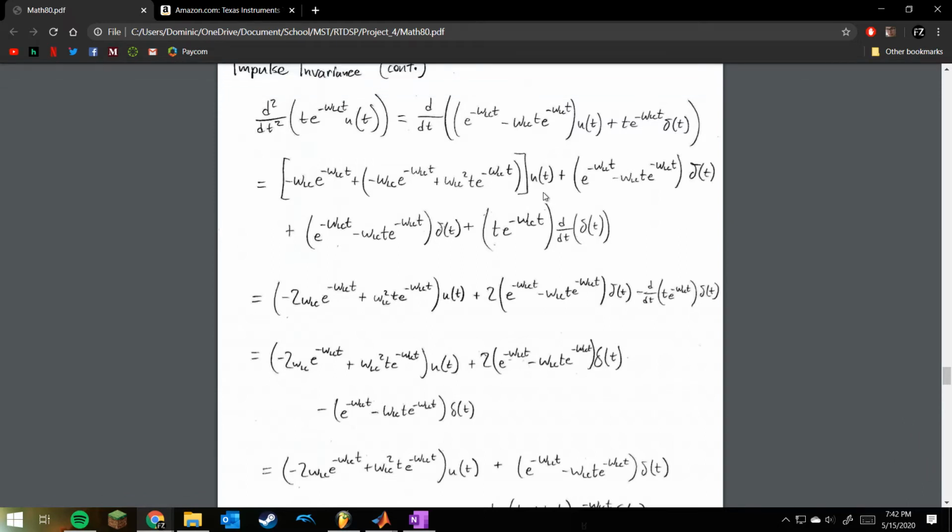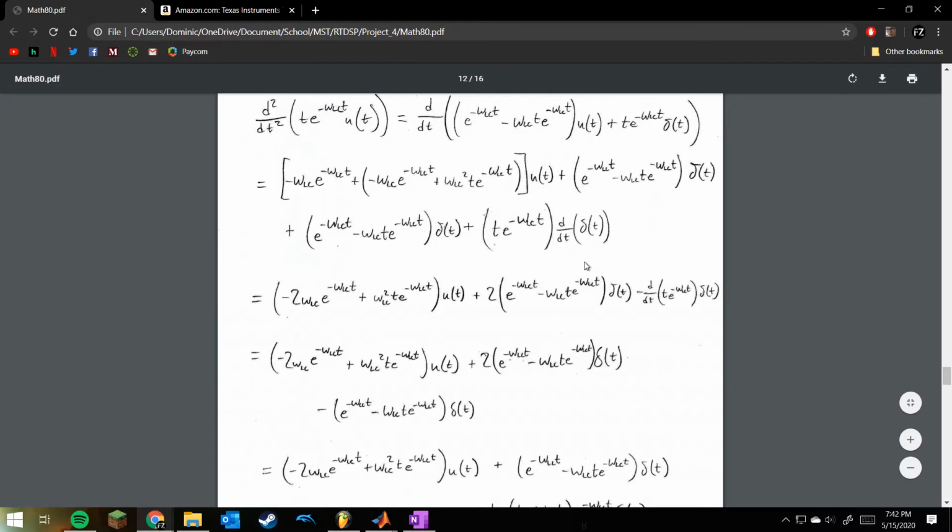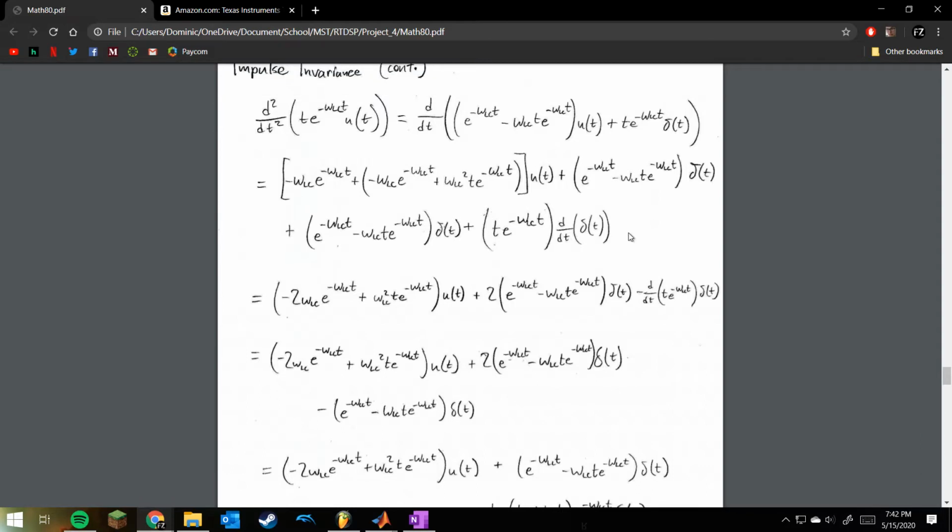The part that I want to draw attention to, we're going to draw attention to important parts now, is the stuff with the Dirac delta. So I did some research on how to take the derivative of the Dirac delta, and I found a lot of stuff saying that Dirac delta isn't a function of specific points, but it's like a distribution of functions or something like that. I'm not sure if that makes any sense, but it brought me to